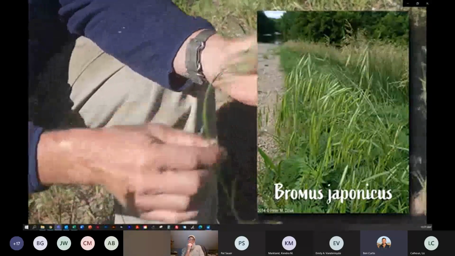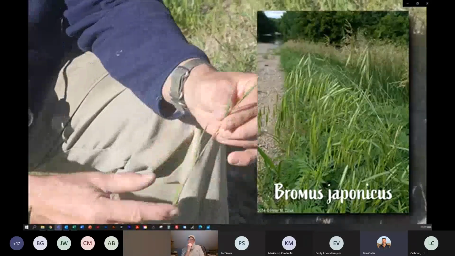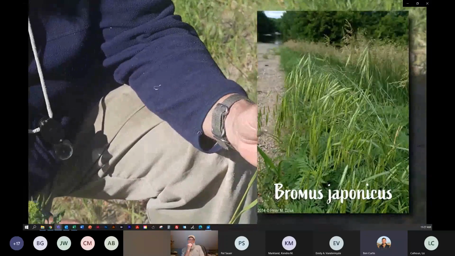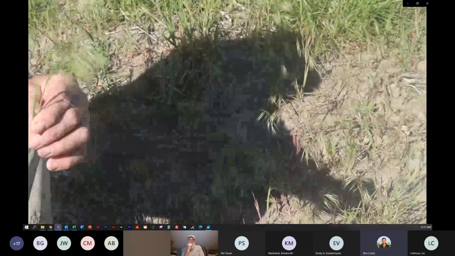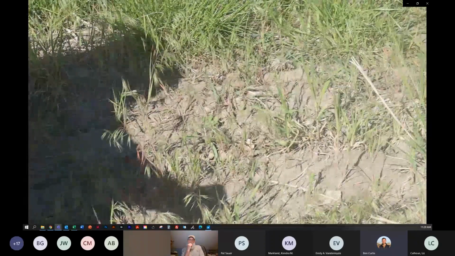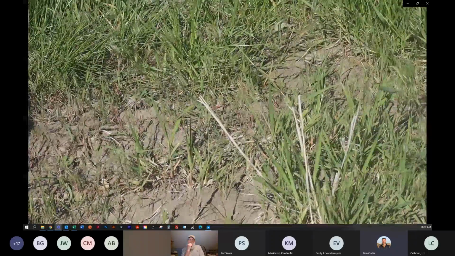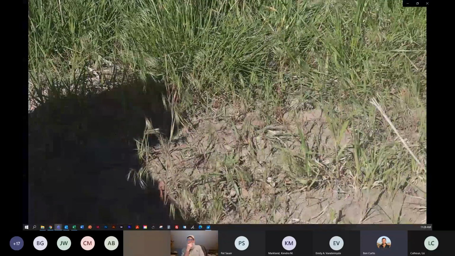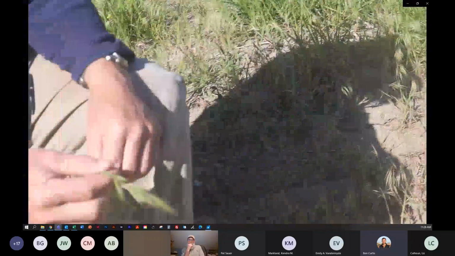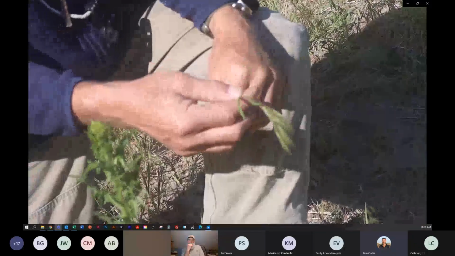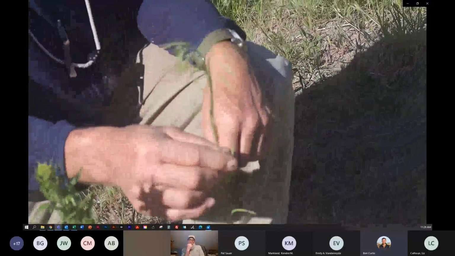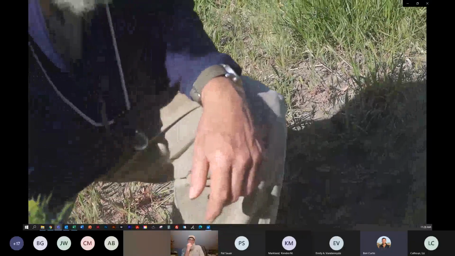Of any of the species that we've seen so far, I would say that this one is probably the one that has the capacity to become more invasive and, again, more of a problem. It is sometimes a problem in prairies or grasslands. It is a big problem out west. There's a couple other species, Bromus tectorum, chess, and then there's probably 3 or 4 other species of annual brome that we can have. But Bromus japonicus is, I think, by far the most common one.